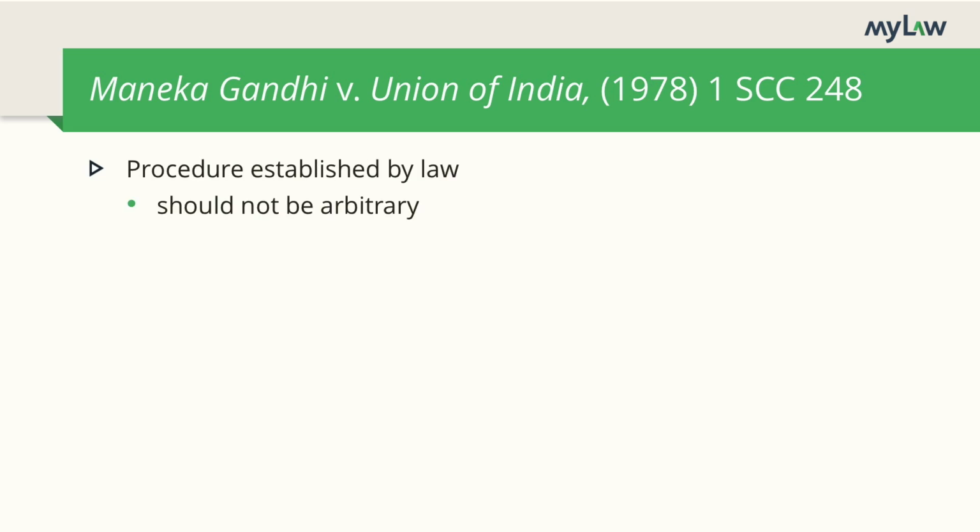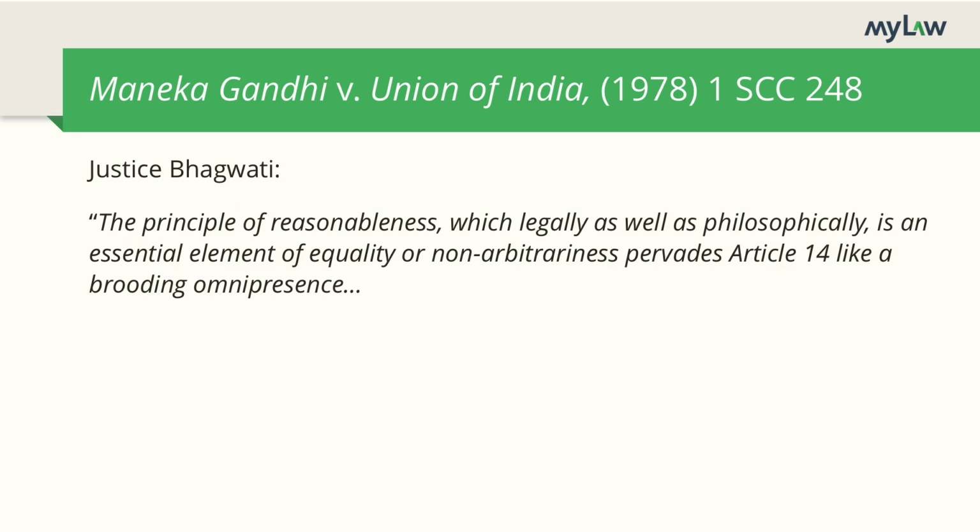What is the effect of reading Article 14 and 21 together? Recall from what we have already learnt in this course about equality that in the 70s, the Supreme Court interpreted Article 14 as a guarantee against arbitrariness. In Menka Gandhi, the court held that the procedure established by law should not be arbitrary. An immediate consequence of this interrelationship is that the procedure under Article 21 must comply with the requirements of natural justice. This finding in Menka Gandhi has inspired an entire generation of judges.